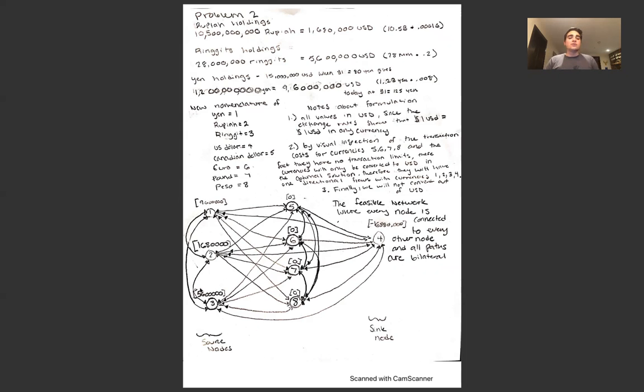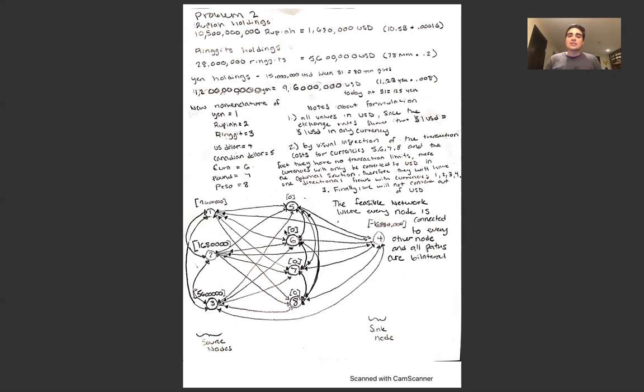Of course, we have the different sources. The new nomenclature, of course, I should have said earlier, yen is 1, 2, 3, 4, so on. This is going to simplify the notation later in the problem. But I do want to make a few notes about the formulation, which is actually going to simplify things for